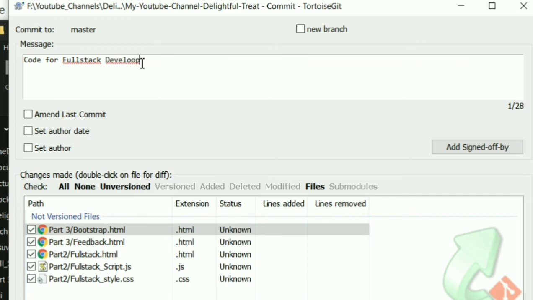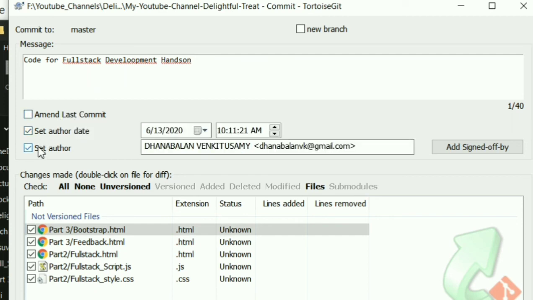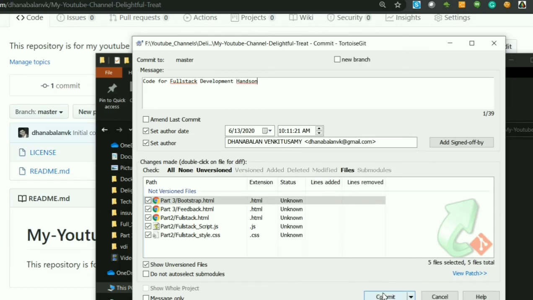You can give some meaningful description for your repository commit, and I'm going to set the date and time and author name by clicking the option. This will make sure that all the commits are made by you under your name. Once everything is done, we can commit by clicking the commit button at the bottom.